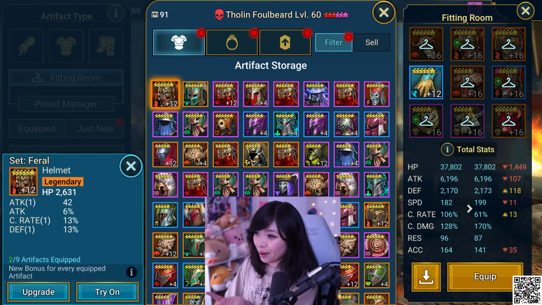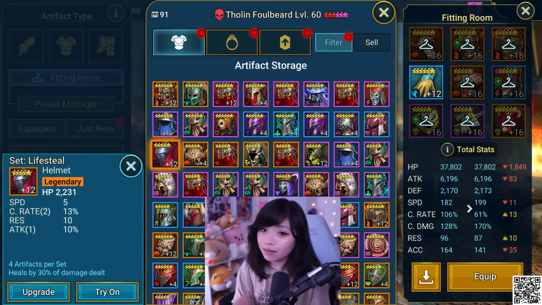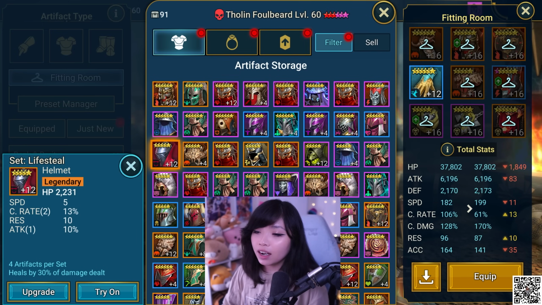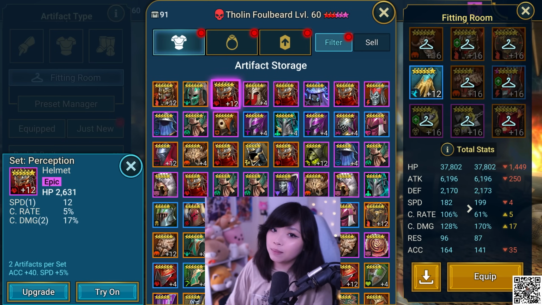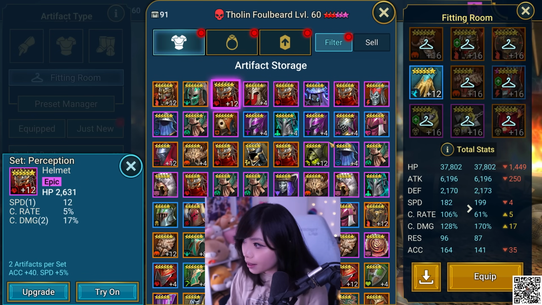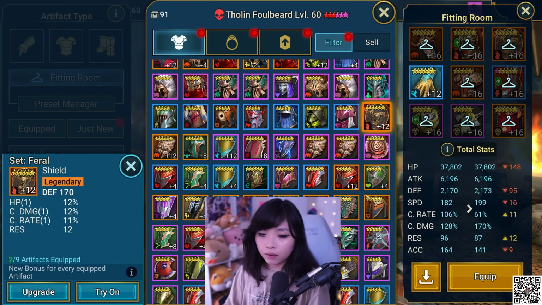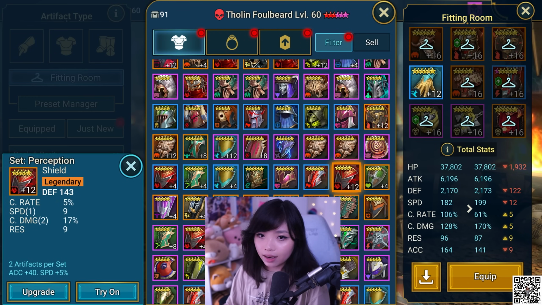I can't put it on the right because then I'll be blocking stats. This lifesteal helmet has 13 crit rate, attack percent, and speed, as well as resistance. This perception one has some speed, crit rate base, of course, at 5% on this gear piece with 17% crit damage. So let me look at the shield piece first and see what I need to switch around before that